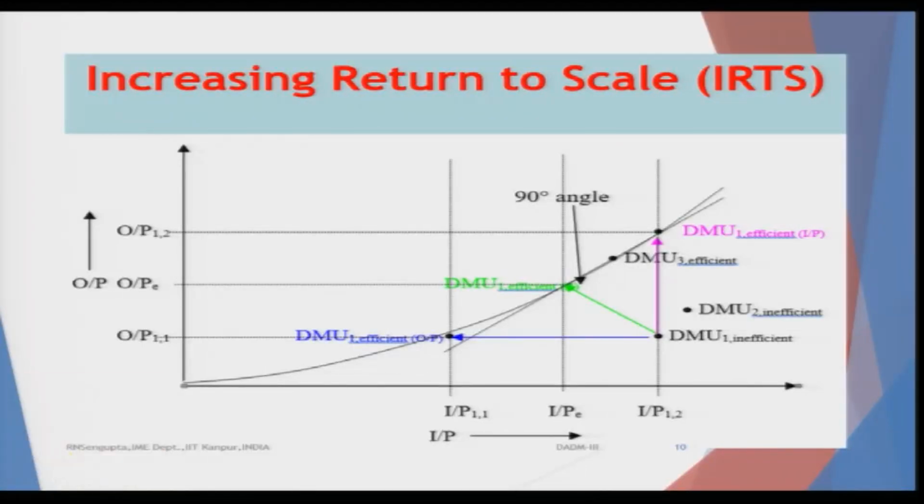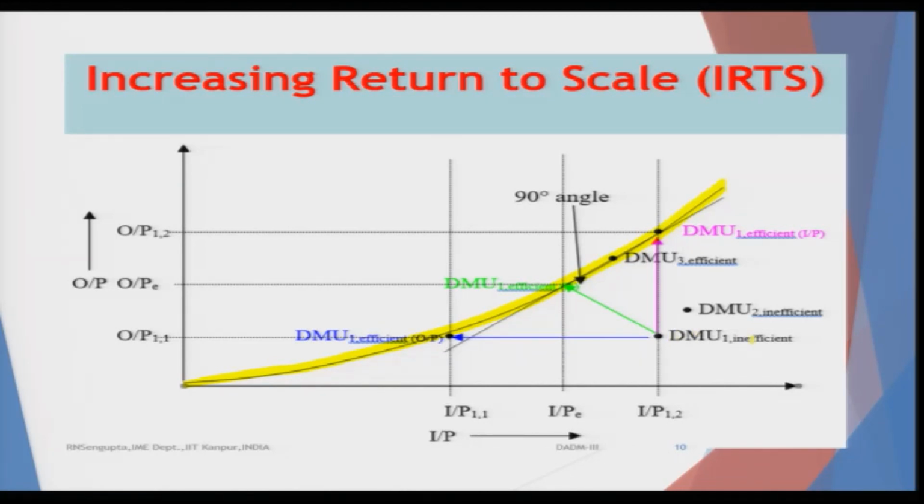I would be using the highlighter in order to specify that. So, here you have the graph and your inputs are given on the x axis, outputs are given on the y axis. The subscript e, where the pointer is pointing, whether output or input, we will consider as efficient, the subscript being for the efficient one, and any other subscript like 1, 2, r would basically denote the position.